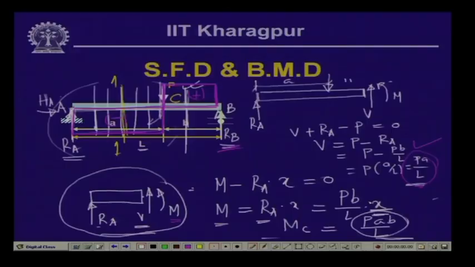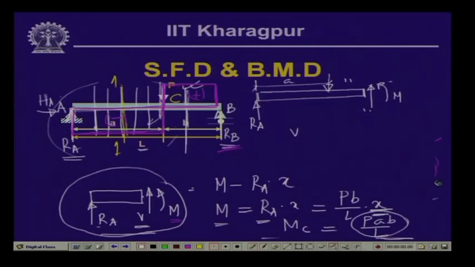Now, what happens to the bending moment which is on the right hand side of this particular load? Now, let us calculate from the free body of the other part what happens to the value of bending moment from this particular free body diagram. Now, if we take the moment of all the forces with respect to this particular point, let us call this as say D. Now, here the moment m, again the general moment m, which is at this section,